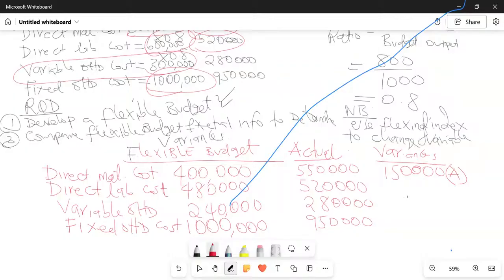Ladies and gentlemen, when you are getting variances, without thinking much that I spent more than I had budgeted, it will confuse you. Unafaa ujue vitu fulani hapa. Ikiwa ni expenses and you are getting variances,